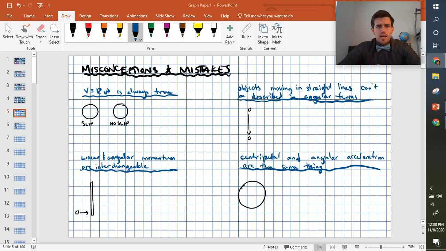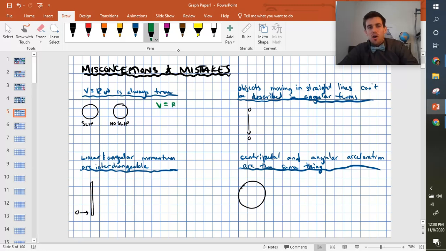So just a couple misconceptions, mistakes, or just things that I felt were important to mention. Make sure that I talked about them specifically so that you knew that they were there, relating to rotational motion. The first one is that I have shared with you guys an equation that says that the linear